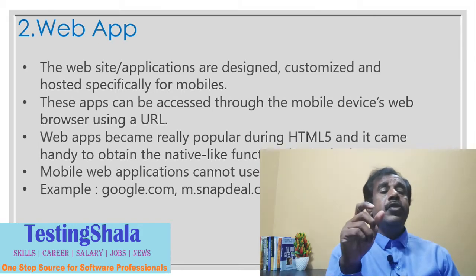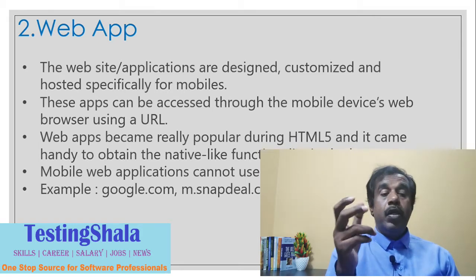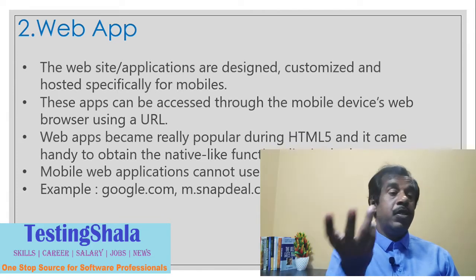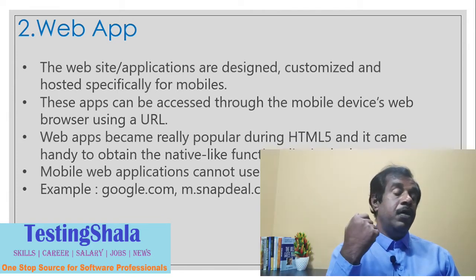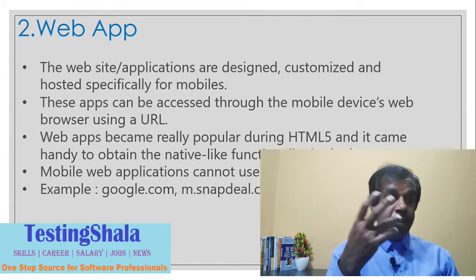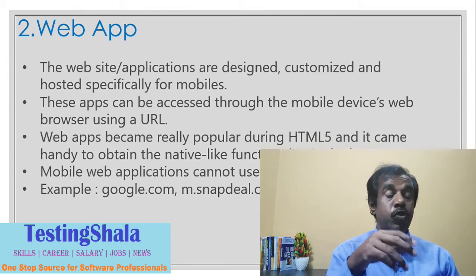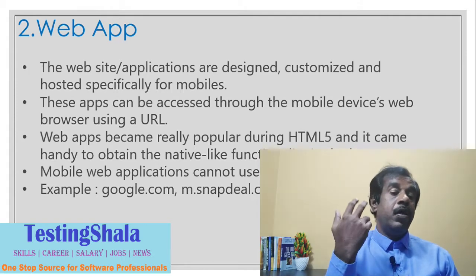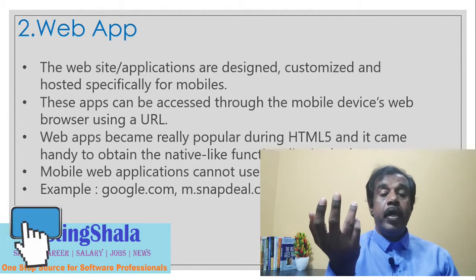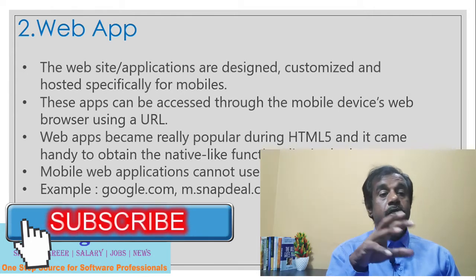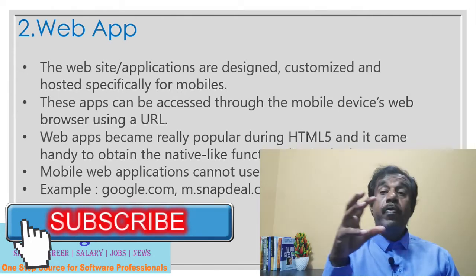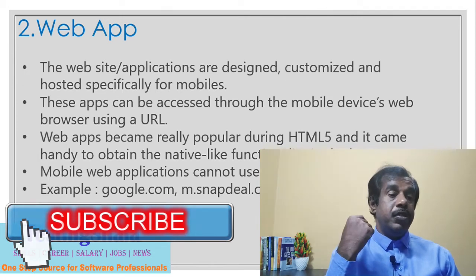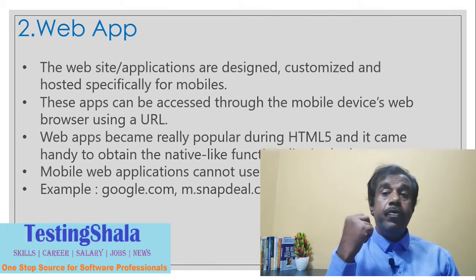Some examples of web apps are google.com, where you can access Google in any of the normal browsers. Also you can access it using mobile browsers as well, where you can seamlessly access google.com or m.snapdeal or m.flipkart or m.amazon.com, m.yahoo.com, and so on. So that is a way you can access your web app in mobile devices. This is the second type of